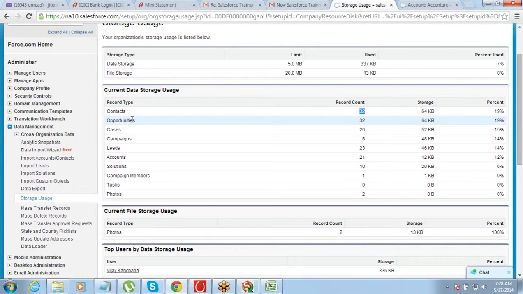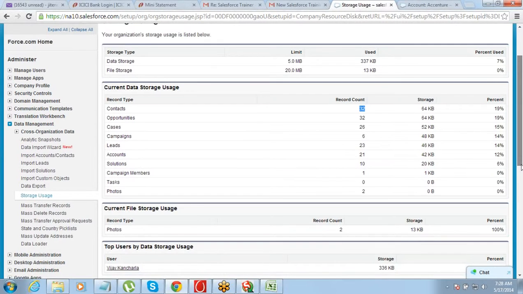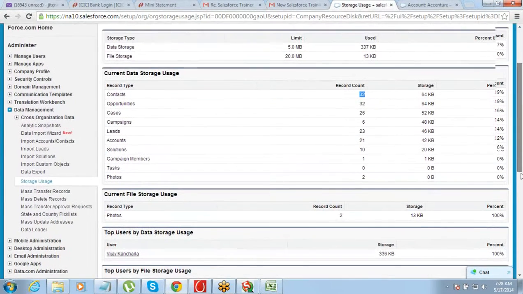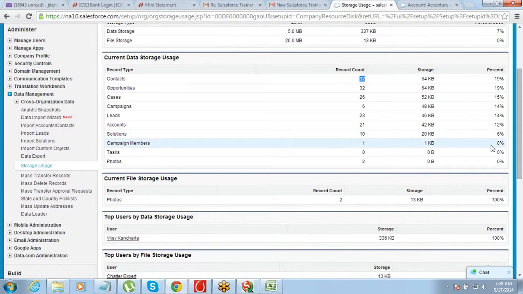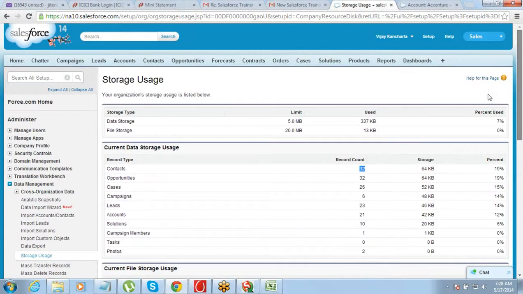So what you can do is archive those opportunities, maybe take out an export and then just delete those from Salesforce. You can do that sort of thing. If you find that the data is not that useful, you can archive that. So that sort of thing you can do based on what you see here, right? So that's about our data storage usage.